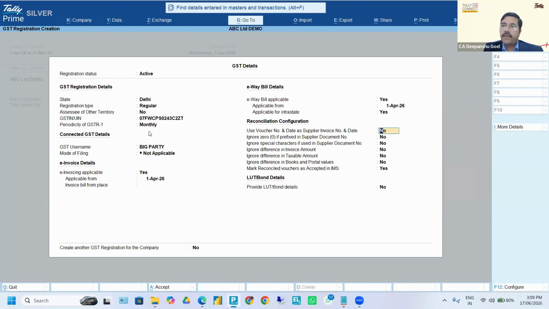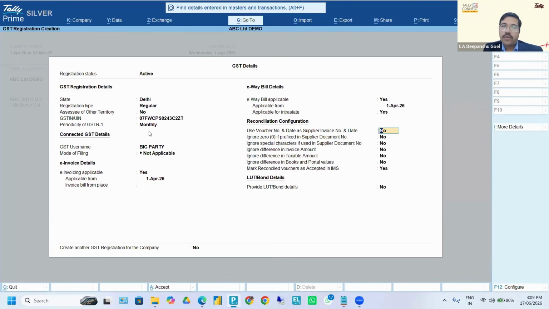Many times we see that the invoice number is not matching with the GST portal data, or there is some variation in the GST invoices. When the accountant enters the GST number, it is not properly entered, or only part of the GST number is entered. For that, we can choose yes or no according to our convenience and as per the